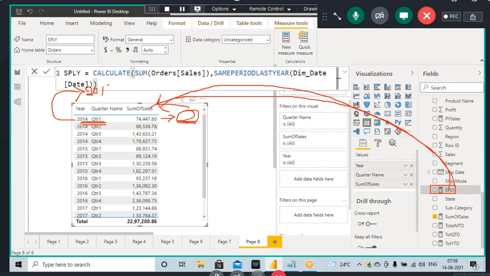Look at this, how simply you are getting the values. When I drag it, first 4 values are blank. For 2015 Q1, the sales is this. When you compare this with same period last year, the sales is this. I want to get a percentage quarter over quarter growth when compared to last year. So I want to get a simple formula again. How to get growth here? Select this, click on new measure, percentage